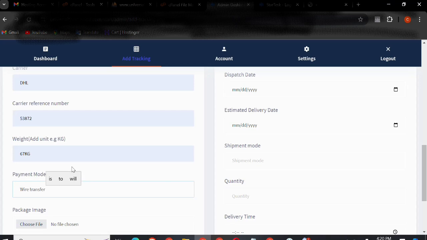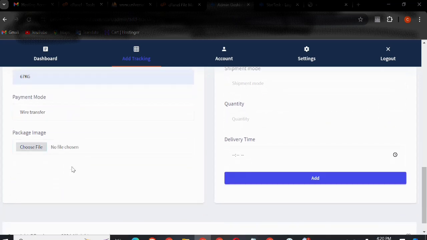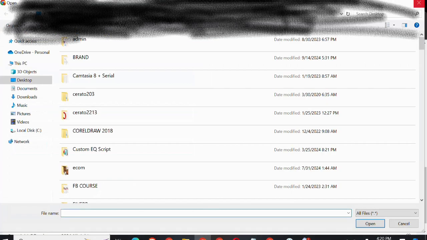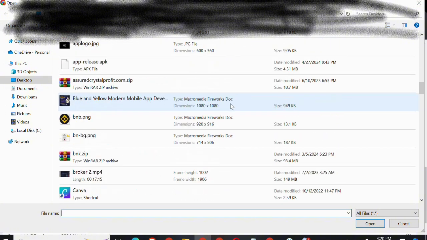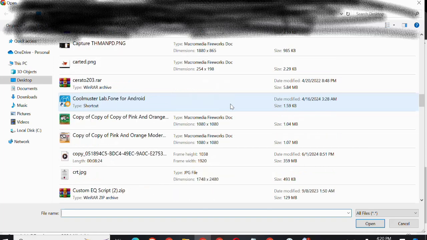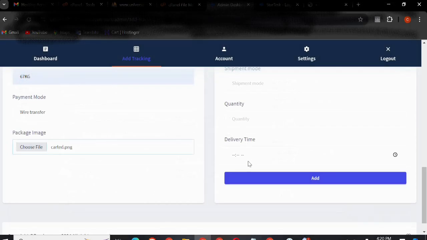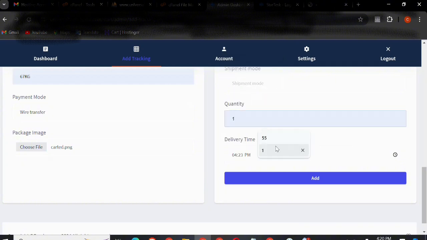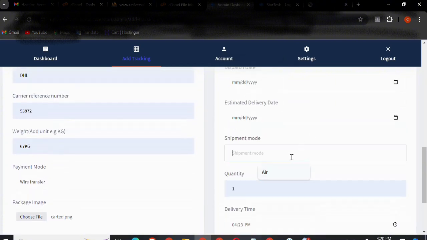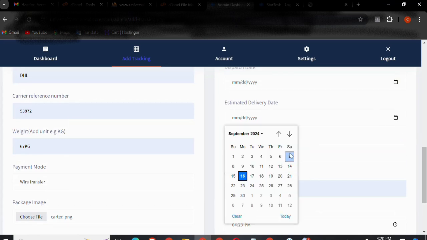Wire transfer. So the image of the package, let me locate an image. So this is actually okay. Let me get another image. So another image. So let me use this one. So that's okay for me. So the delivery time is this is the time. Quantity, we have 1. Shipment mode is land. Let's use land. The estimated delivery date is this